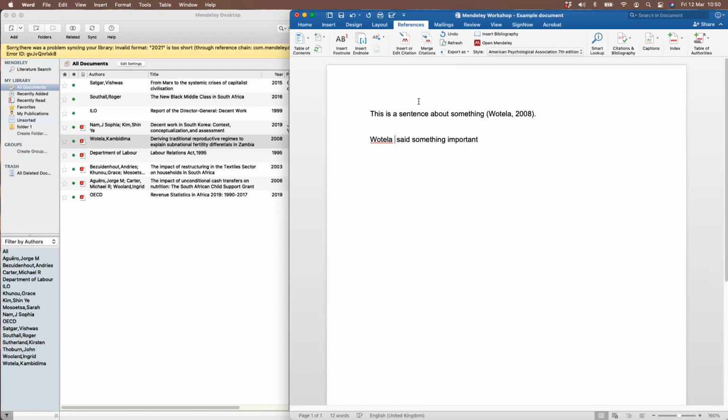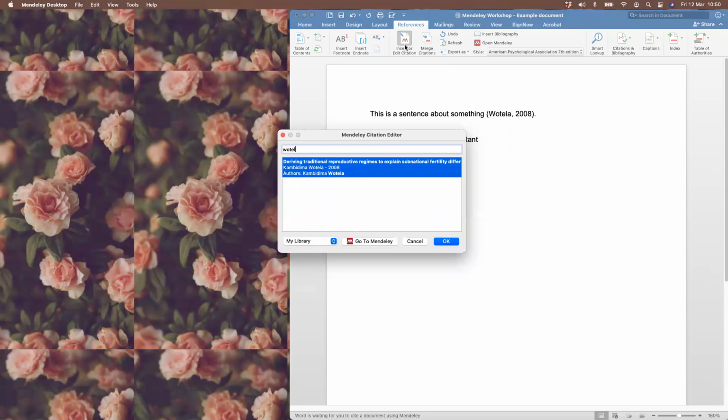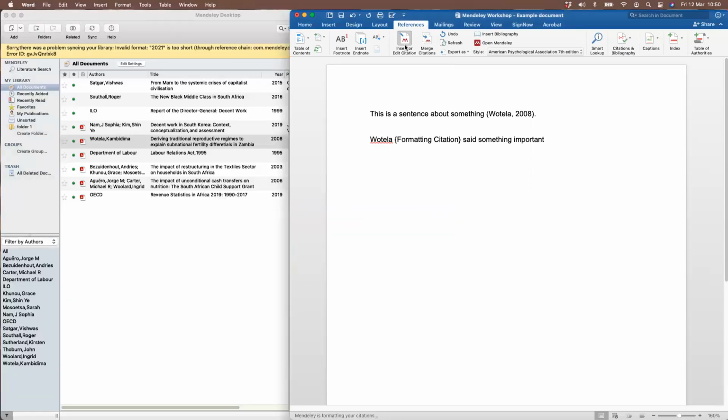Okay, so what some people do, because they are lazy, is they do this. They then insert Vortela, and then it's wrong. Or alternatively, what they do is they do this, and then it's also wrong, right? Because you know that this is not what your sentence is supposed to look like if Vortela is part of the sentence. So what some people also do is they then do this, or rather they do this,